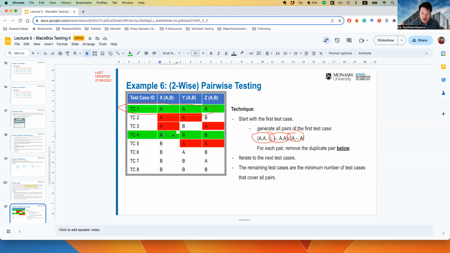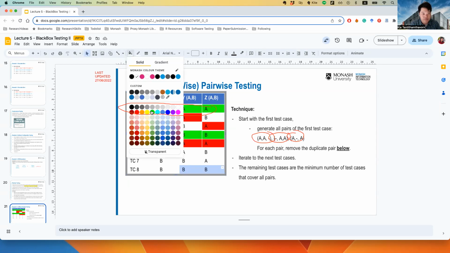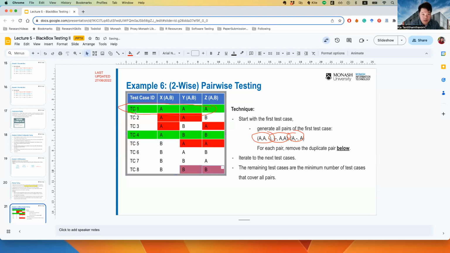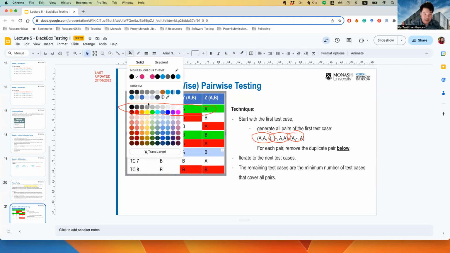We look at the first pair, AB. Okay, we already removed TC3, which is fine. AB here, anything? No, nothing. We're gonna remove BB here. Okay, this is a duplicate of TC8, so we're gonna remove it. Yep. Okay. Next, we're gonna keep the TC6 here, right? TC6,